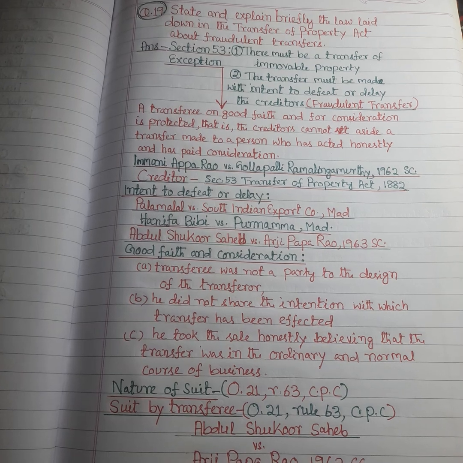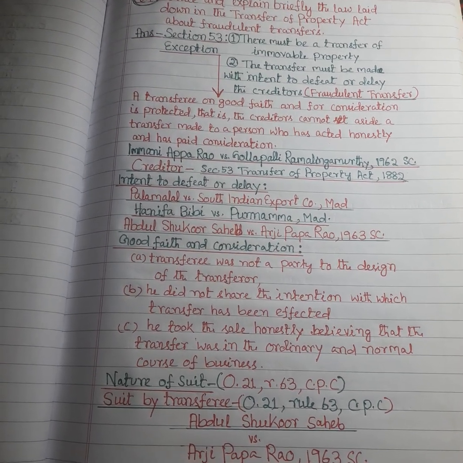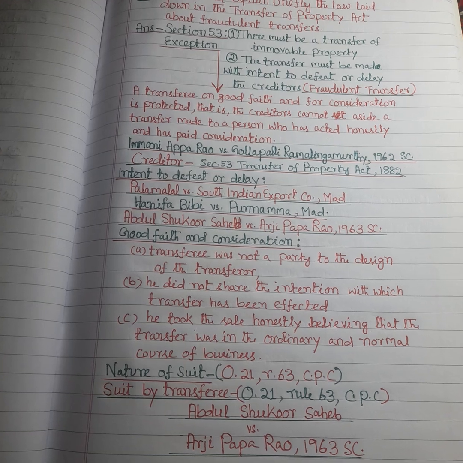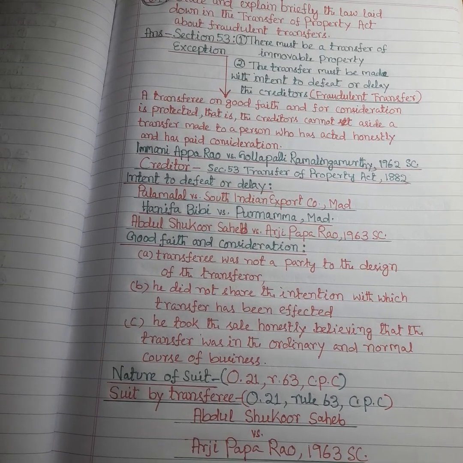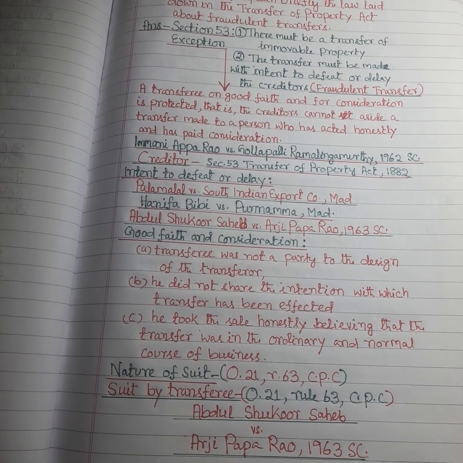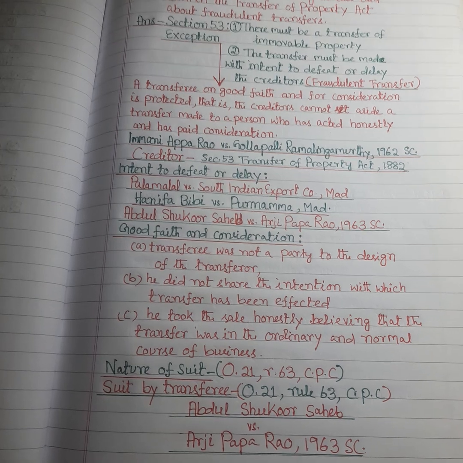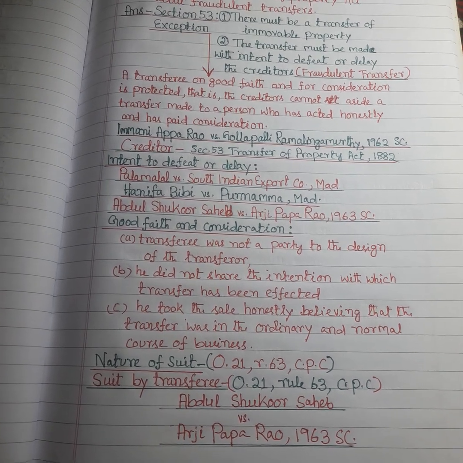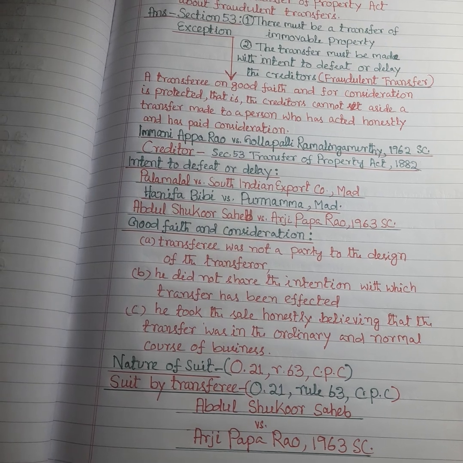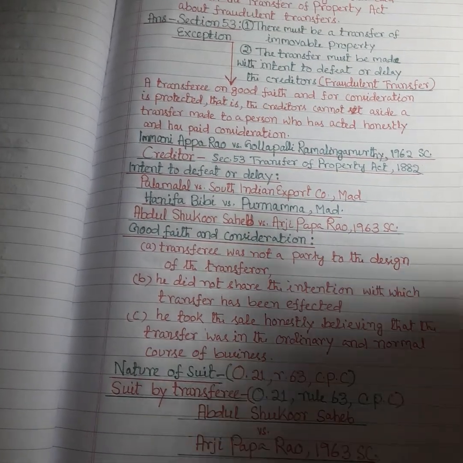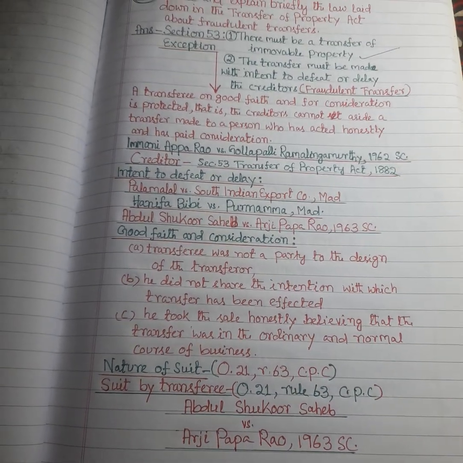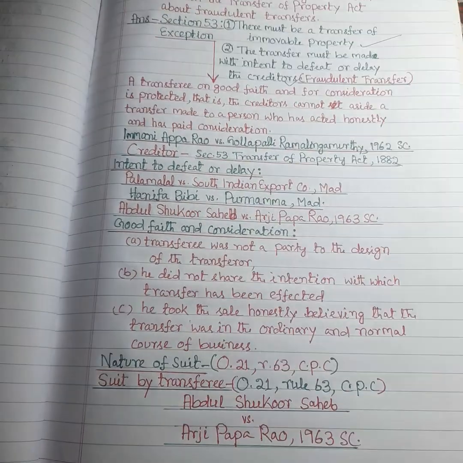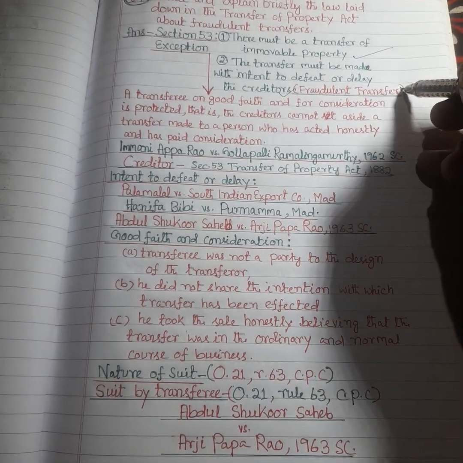The question is: state and explain briefly the law laid down in the Transfer of Property Act about fraudulent transfers. The answer to this question we find under the provisions of Section 53 of the Transfer of Property Act. Section 53 provides that there must be a transfer of immovable property, and secondly, the transfer must be made with intent to defeat or delay the creditors, and that is otherwise called a fraudulent